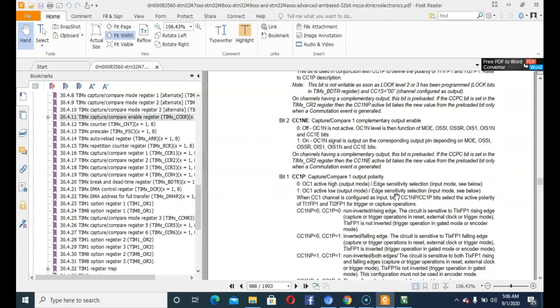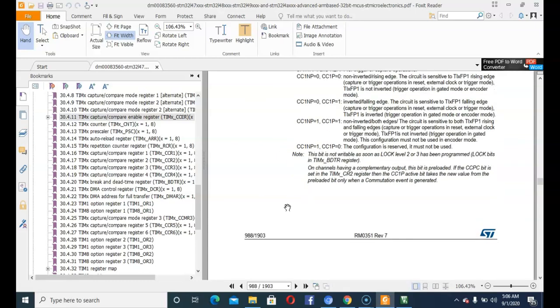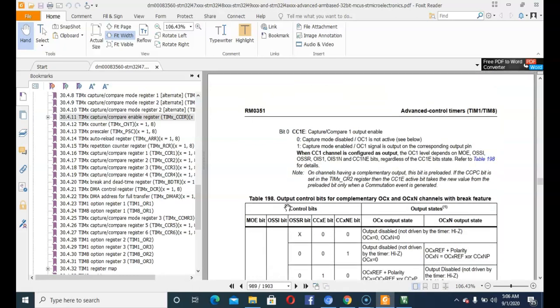The 0 is for capture, this one. This is for output mode, sorry. So 0 1 is this, and this is 1. This is capture mode enabled output or output combined signal without corresponding output.